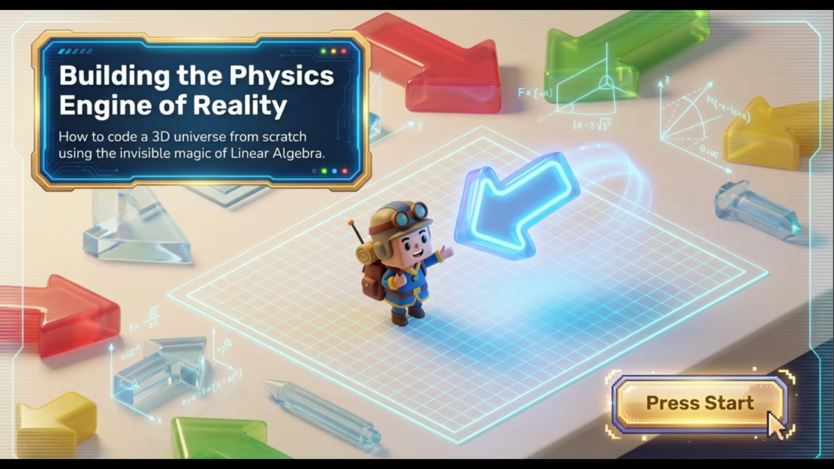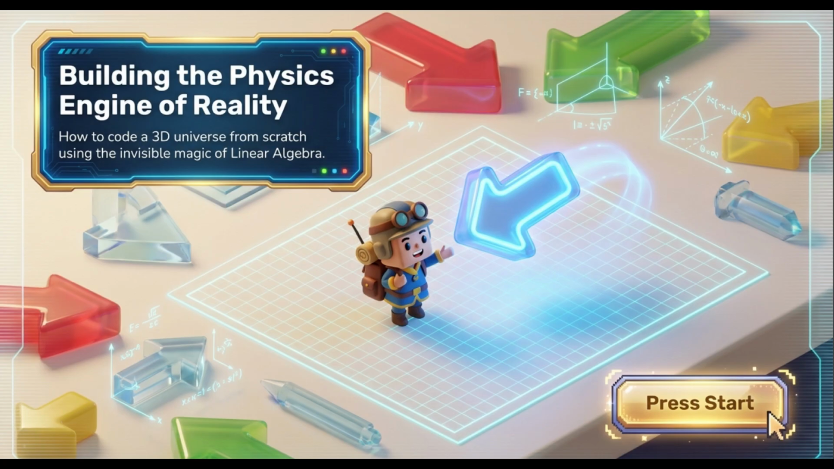Next time your video game character sprints across a 3D map, you aren't just holding down a controller button. You are actually triggering a real-time linear algebra engine. Welcome to the deep dive. Today, our mission is to unpack a presentation on how this specific math builds a digital physics engine from the